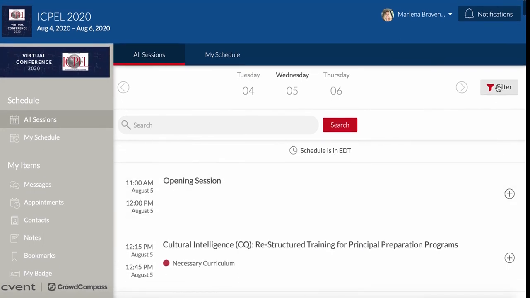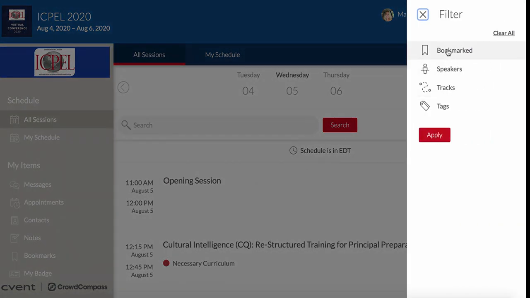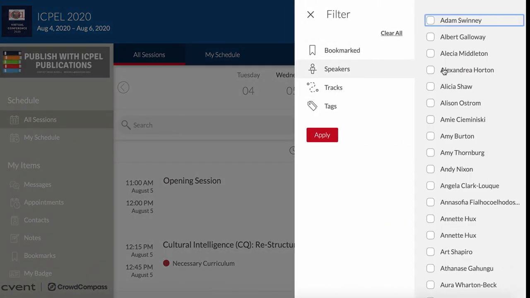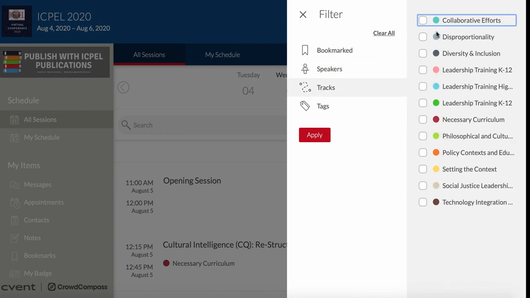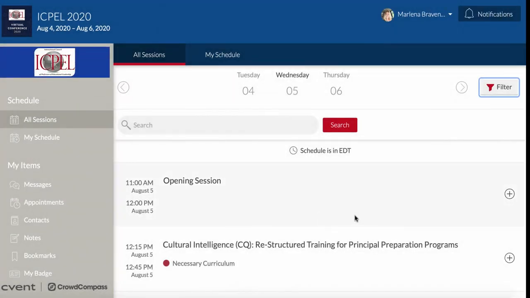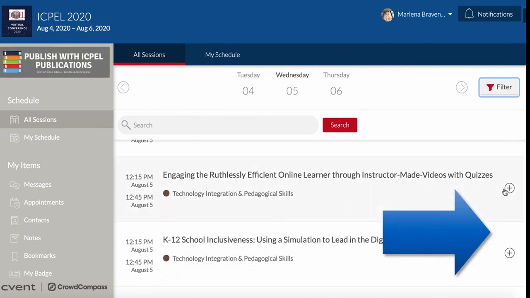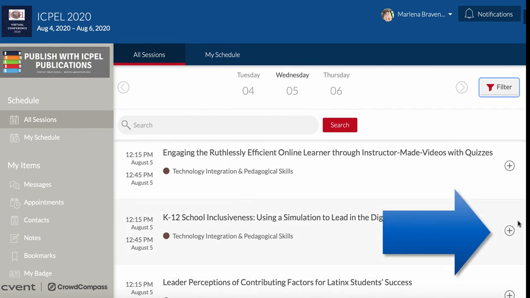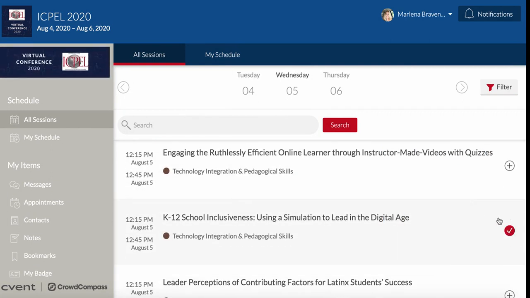You may filter sessions by using the filter icon in the upper right-hand corner. You can look for sessions by speaker, by track or topic, or by tag. And applying those filters will let you narrow down anything that you're looking for. To add an item to your schedule, you can simply click the plus button, and you'll know that it's added